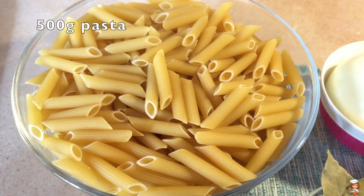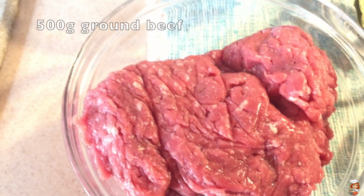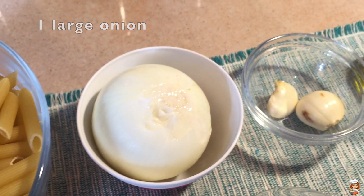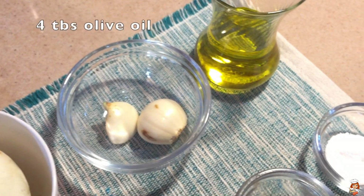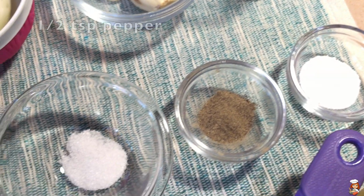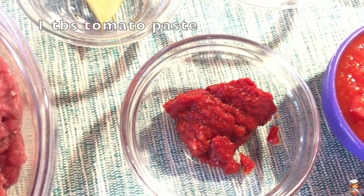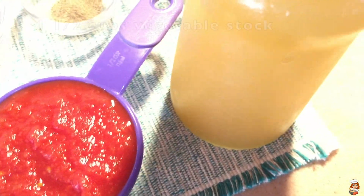For this recipe, I'm going to use half a kilo of pasta, and I'm using penne. You can use rigatoni. Half a kilo of ground beef. 1 large onion that I'm going to chop. 2 cloves of garlic, also chopped. 4 tablespoons of olive oil. 1 teaspoon of salt, half a teaspoon of pepper, a quarter teaspoon of sugar, and 2 bay leaves. Also 1 tablespoon of tomato paste,